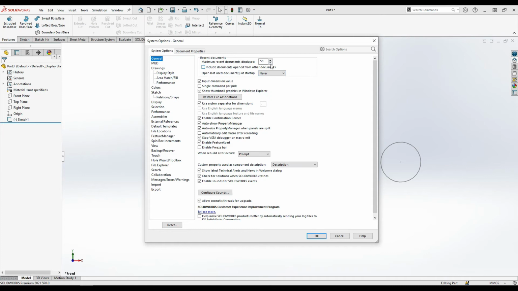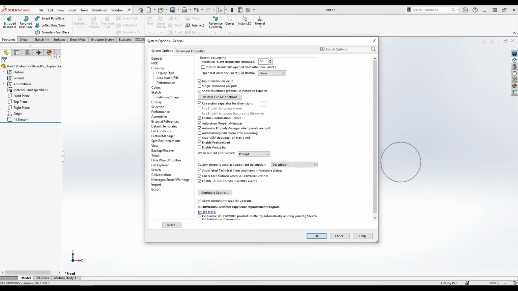If you want to increase it, you can change it. Open last used documents at startup: once you open SolidWorks, the documents you used last will open. You can see always, never, and you can change this.